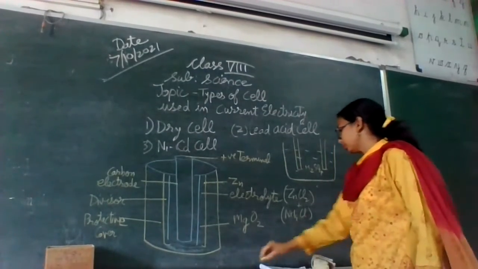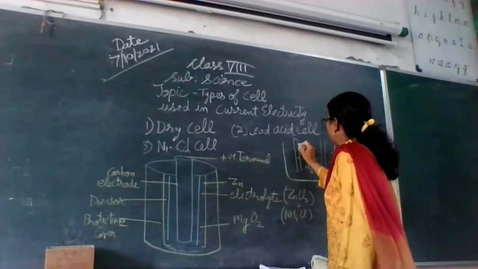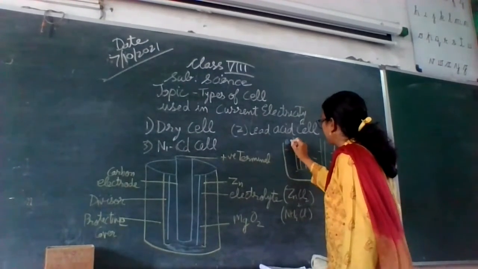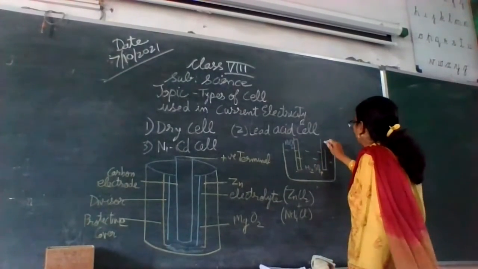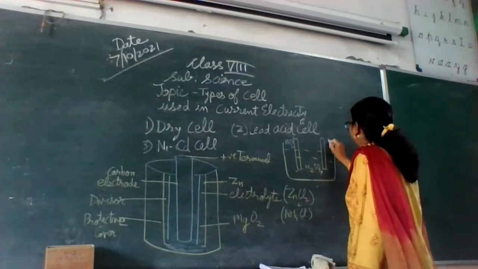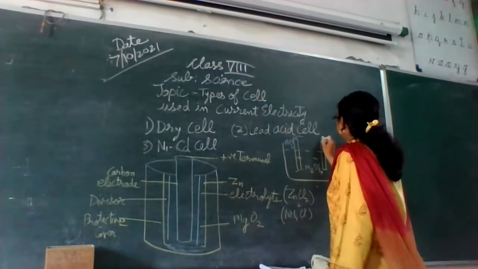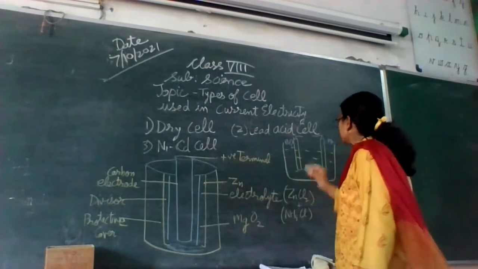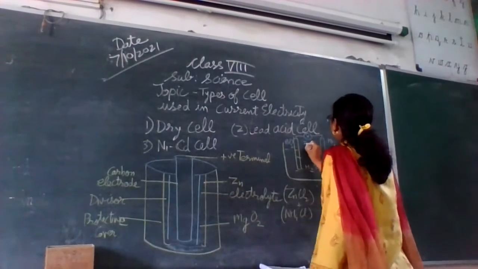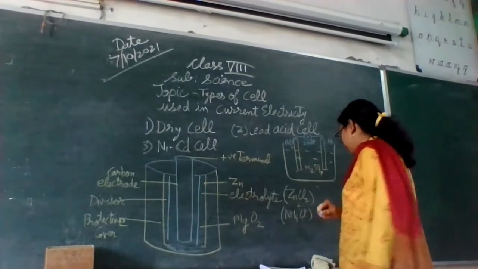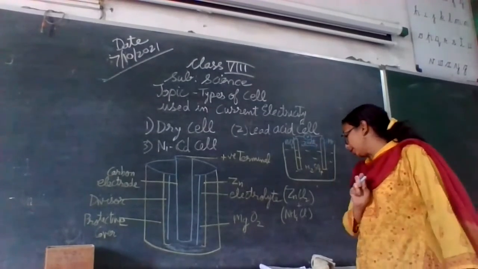In this H2SO4 you can see the first rod is of lead oxide, PbO2, and the other electrode is simple lead, that is Pb. They are connected through wires and an amount of current is being formed. Up to 2 volt has been measured, and this can be passed on from end to end.